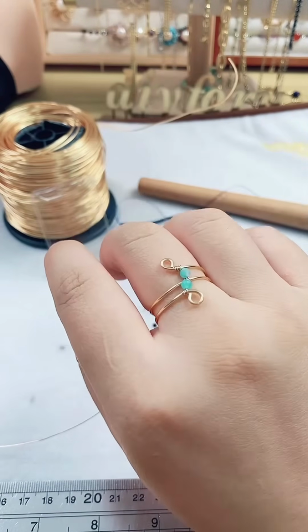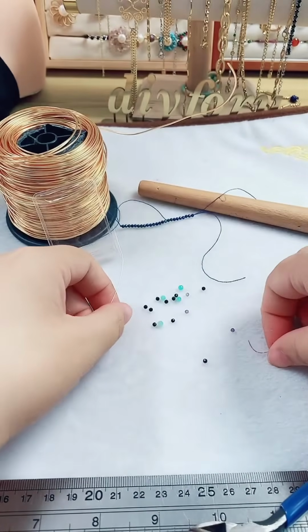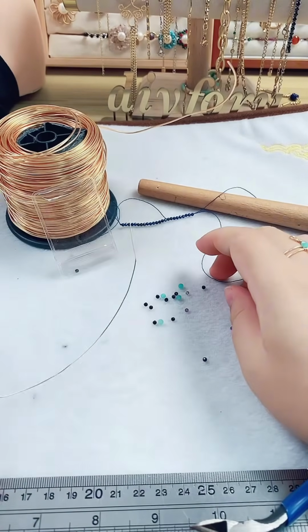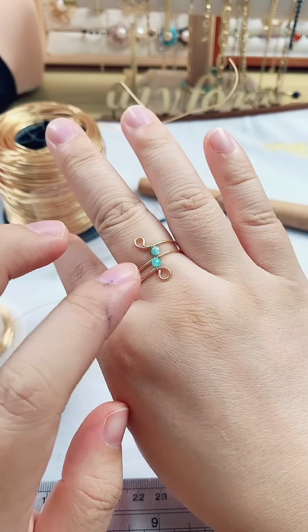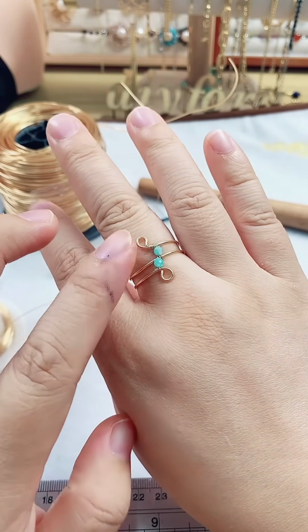Today we are using copper wire to make some simple designs. So one wire we wrap this way. Then next we are going to use the one wire